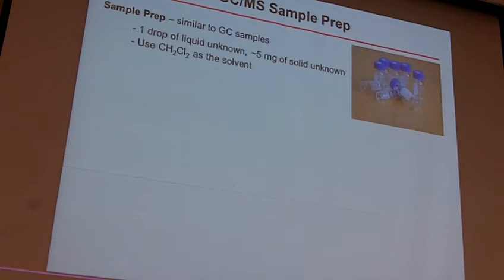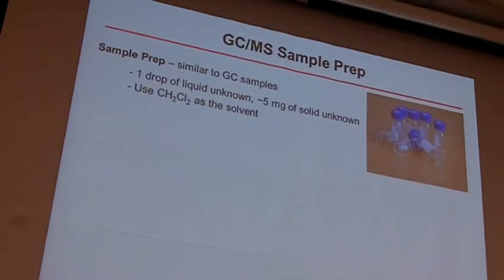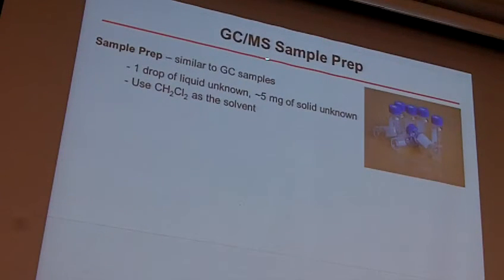Okay? We will also be doing a GCMS. This is very, very similar to what we did with GC last semester, but it also teams it with mass spectrometry. The sample prep is essentially the same. You'll put one drop of an unknown into one of these cute little vials, or essentially 5 milligrams. You fill it up the rest of the way with the methylene chloride, and then you end